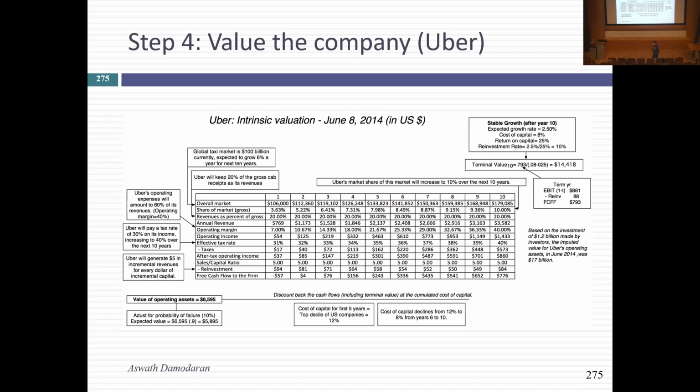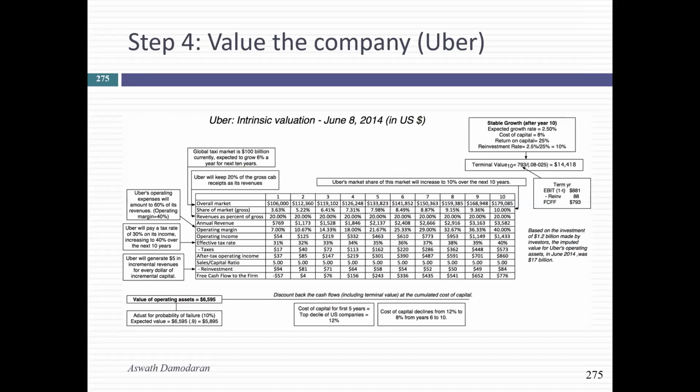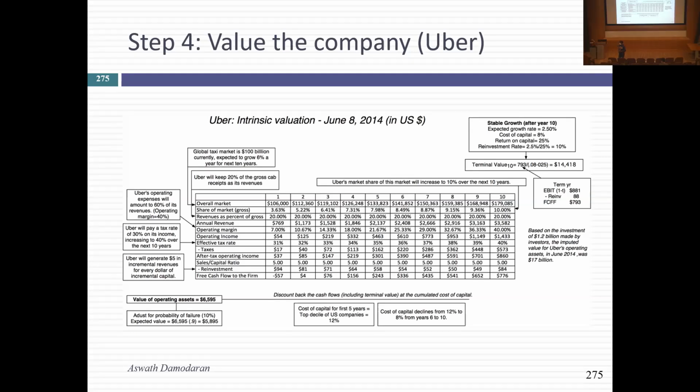I'm not kidding. 15 minutes later, I get a call from a Wall Street Journal reporter. I don't know what she was doing, just waiting for the post to come out. She said, I noticed you valued Uber on your blog. I said, thank you for noticing. She said, I noticed you attached a value of 6 billion. I said, you're very observant. And she said, VCs have valued the company at 17 billion. I almost corrected her there. That VCs don't value companies. But she's a reporter. I cut her some slack.